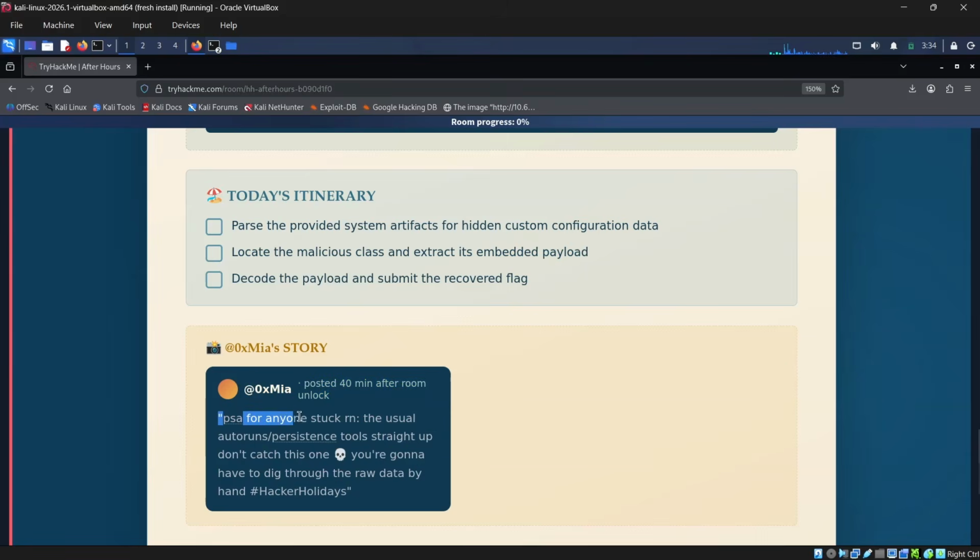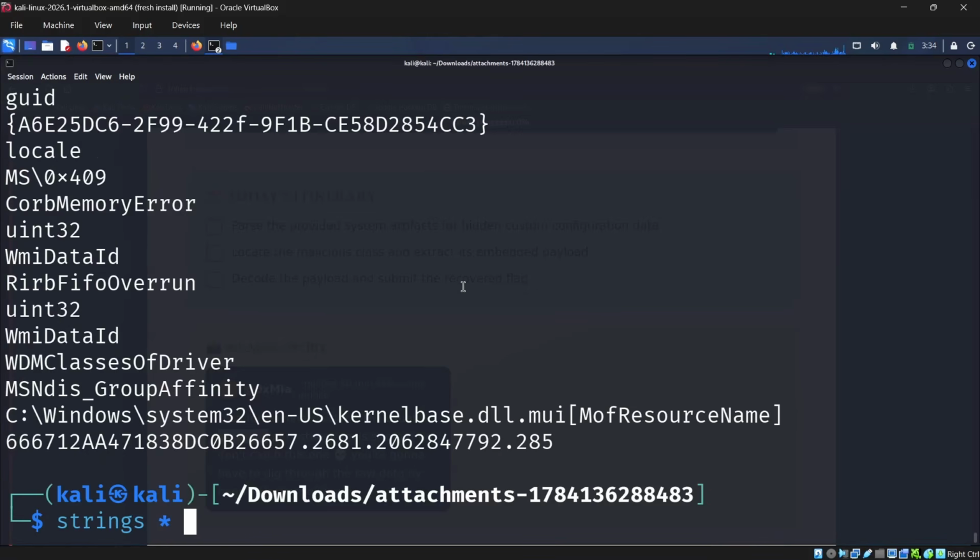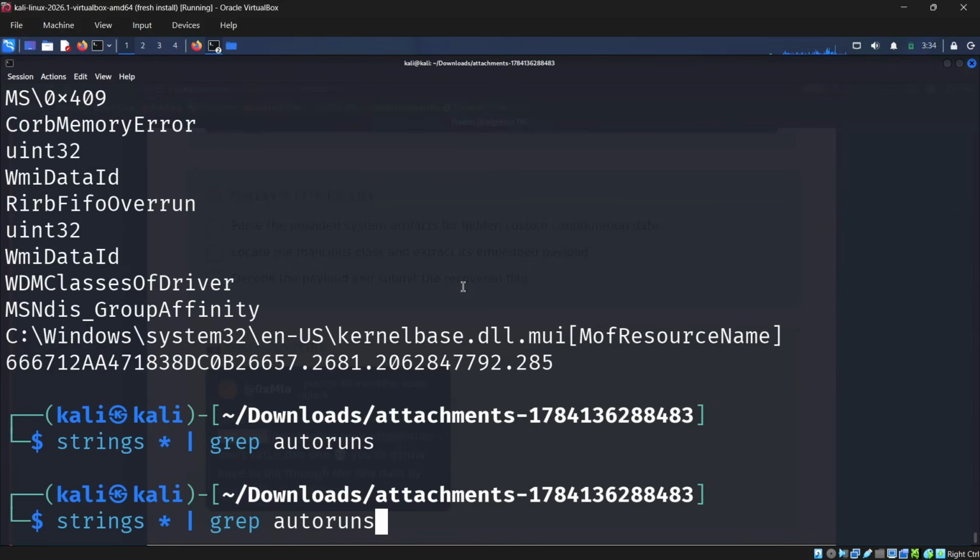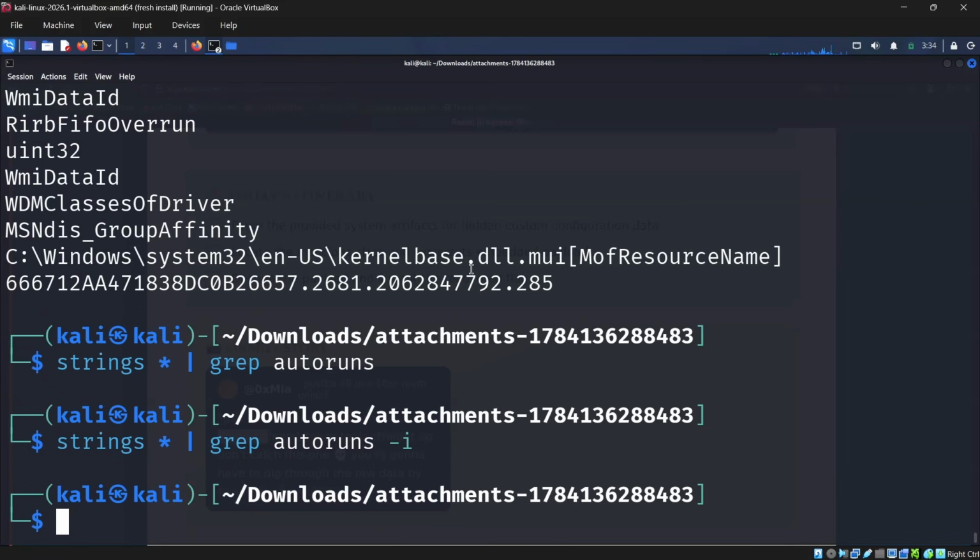Other than that, we also have some other information for persistence tools like auto runs. Let's try with that. Let's use strings star for all of the strings and grep for the auto runs, guys, and nothing found. So I'm just using -i also. Still I could not find anything. So what I'm going to do right now is, as you know, that it may be base 64,